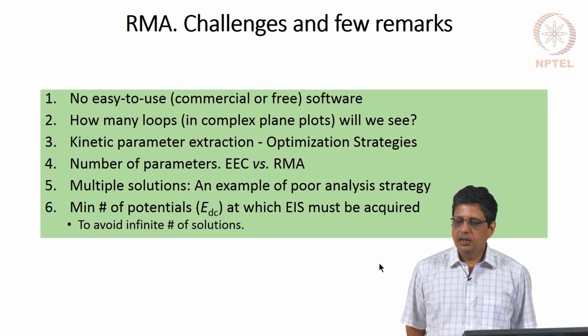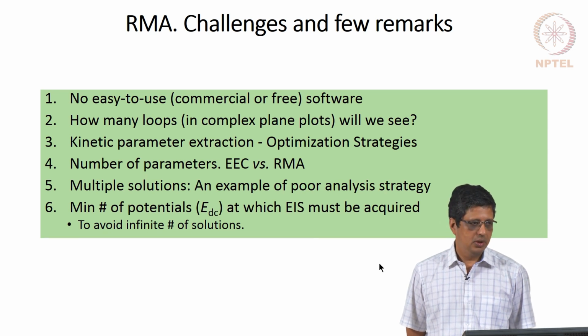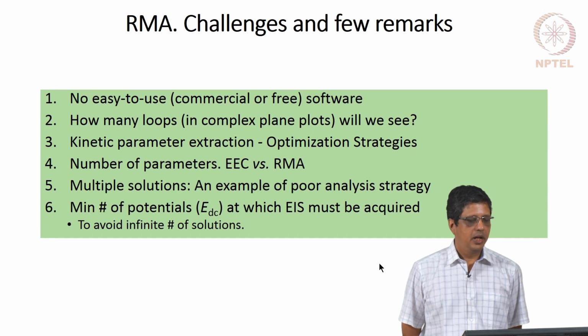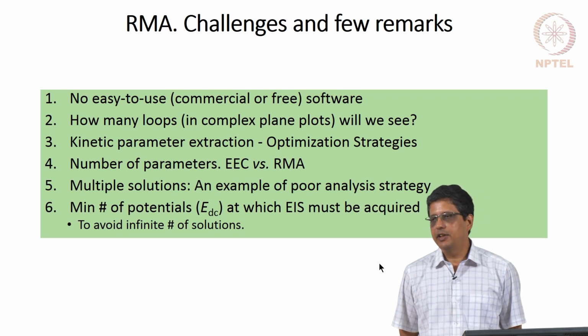But in real life what happens is, we get impedance data. We can get impedance data at different potentials, or at different DC currents in certain cases like fuel cells and batteries, where people usually use galvanostatic mode, with different DC currents corresponding to different DC potentials. Galvanostatically one can get impedance data, potentiostatically one can get impedance data, and from that we want to first identify